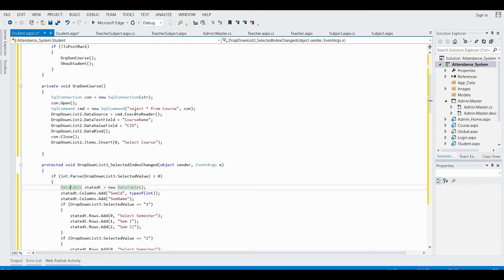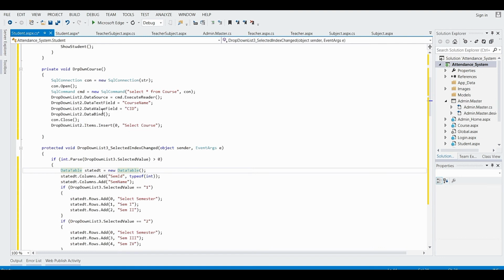And after the result of this query, it will going to act as a data source for the drop-down list 2. After that, in the drop-down list 2 dot data text field is equals to course name, that is the course column inside the course table. After that, drop-down list 2 dot data value field is equals to CID, that is the column name CID present in course table.